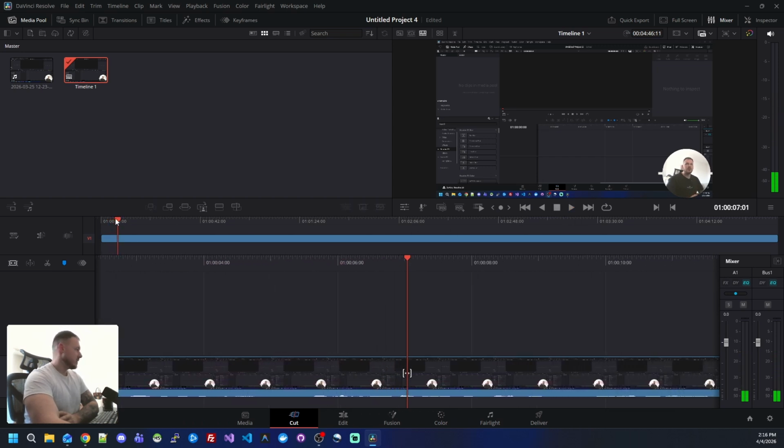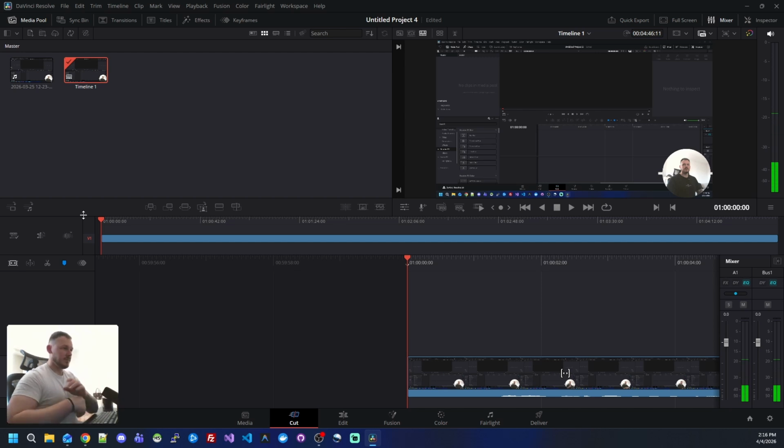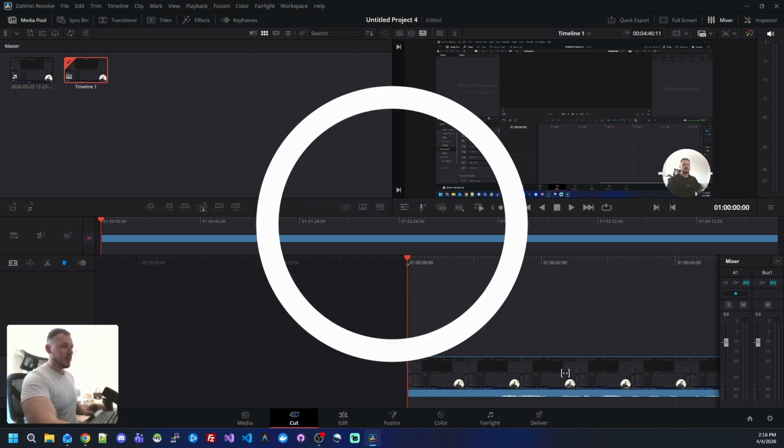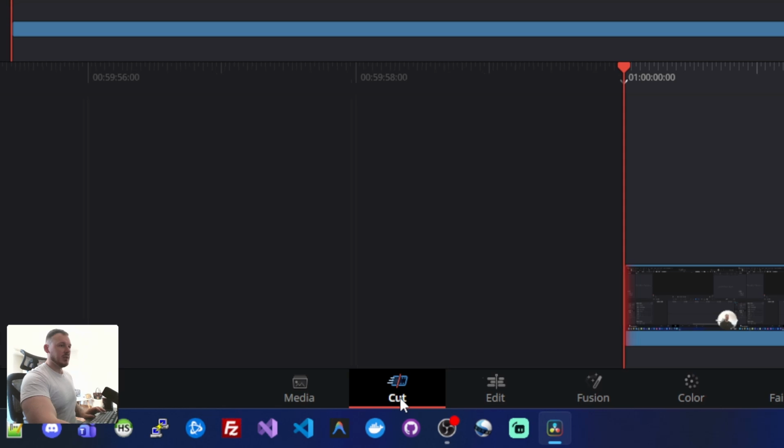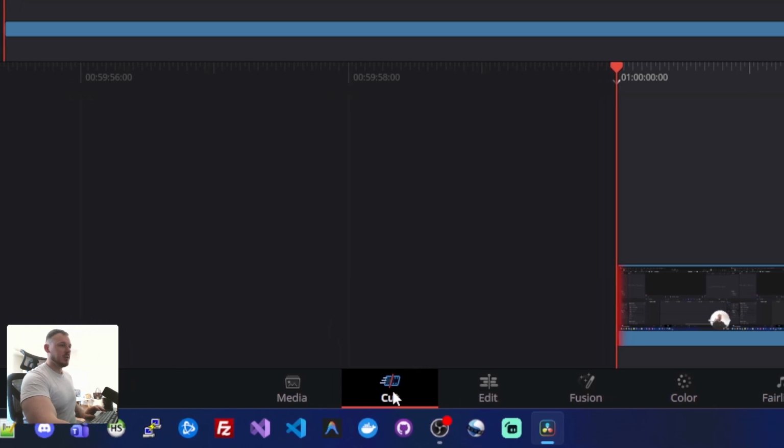As you can hear, the sound is very noisy, and we are going to remove that within the next couple minutes. I'm using DaVinci Resolve version 20, and let's jump into showing you the three quick steps in improving the quality of your clips. First of all, you want to make sure you are in the cut tab in DaVinci Resolve,